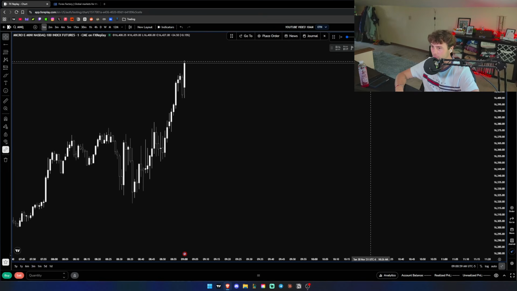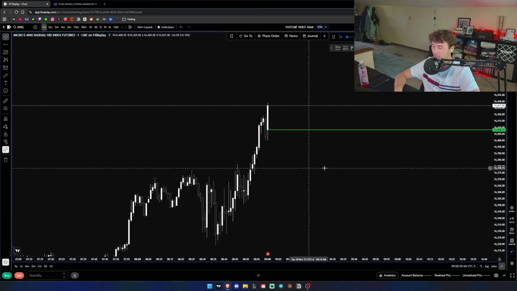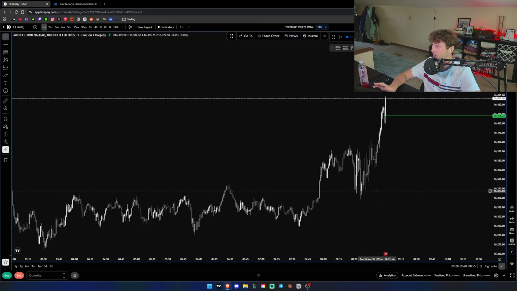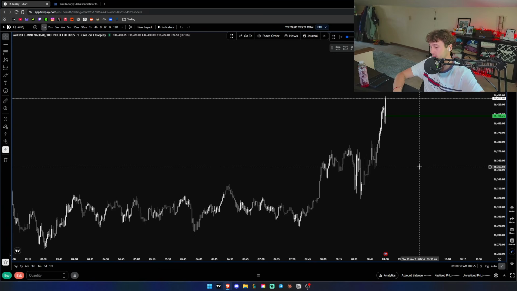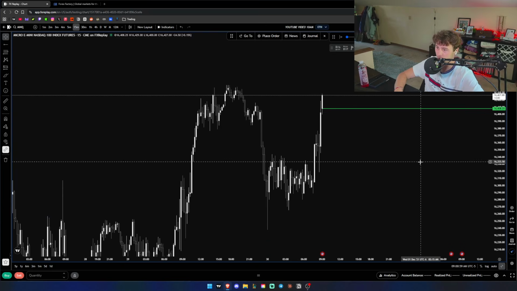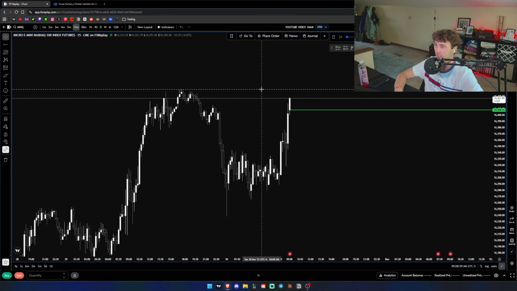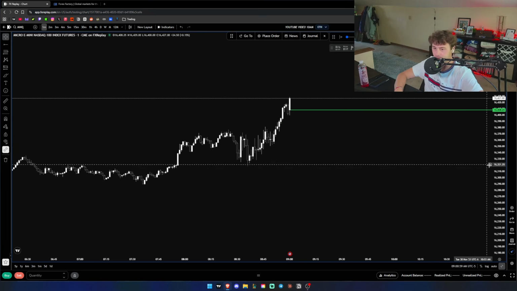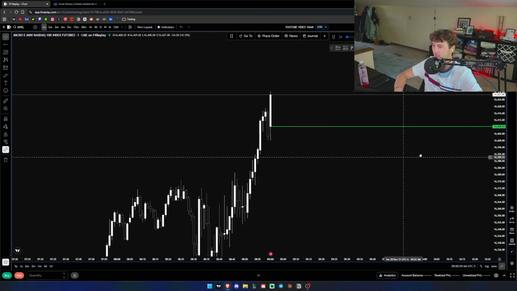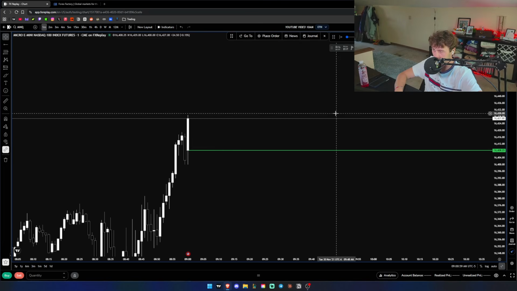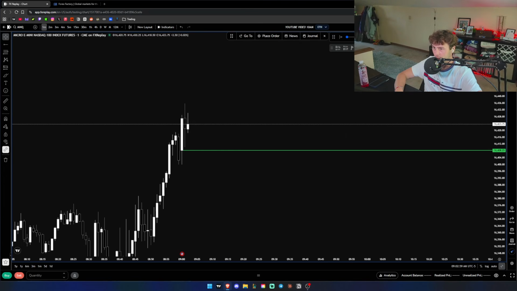Go forward once. 9 a.m. Boom. I'm not saying this is ideal how you backtest. I'm just showing you guys that whenever you backtest it like this and you're not even taking in all these considerations, just zooming through it, you can still get a good win rate. Not a good win rate. You can still make profit with a low win rate, just trading the 10 a.m. open. So once you start adding more confluences, you're going to up your win rate. And yeah.